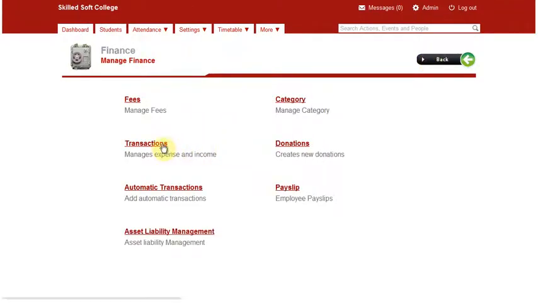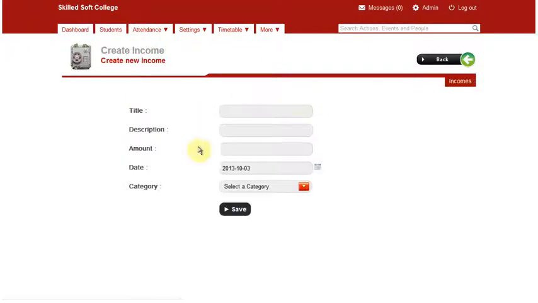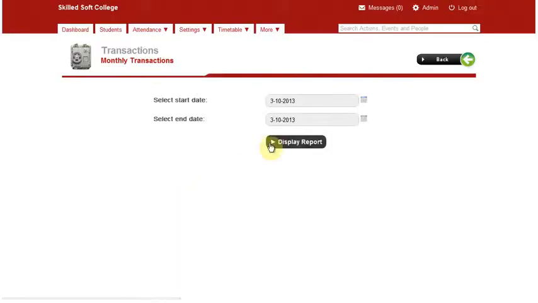It also has transactions. The transactions are basically all other expenses and income within the organization, and this can be added simply by doing this, clicking on them. And as you can see, we have, for instance, an income here called Malipo, and then you fill in the information and amount. When you are done, you should be able to generate a report and see anything you have